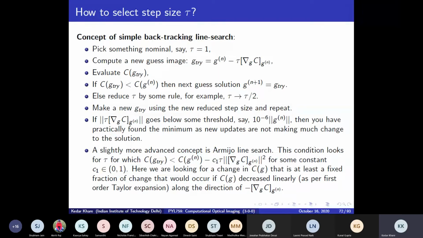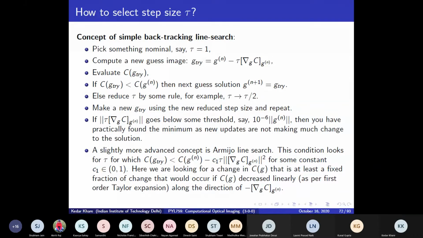But if you reach such a point where the step size you need to make any difference in the cost function has this property that the change in the solution, because of your step size and because of the gradient, is below some threshold, then you can essentially say that you have converged and you can stop your iteration. Okay. Is this clear to everybody what I am doing?